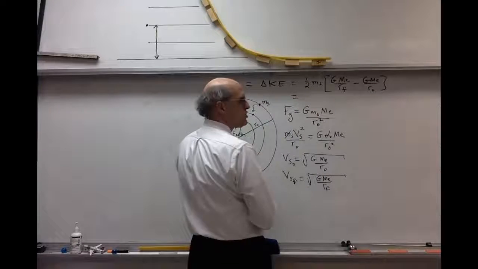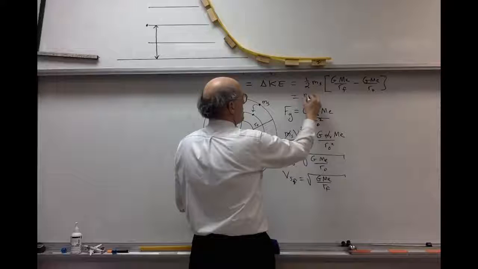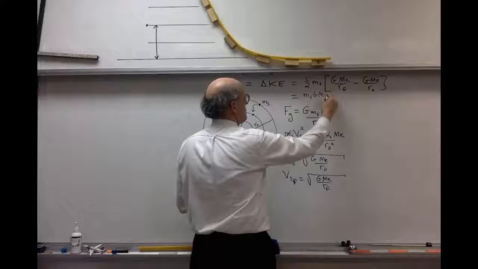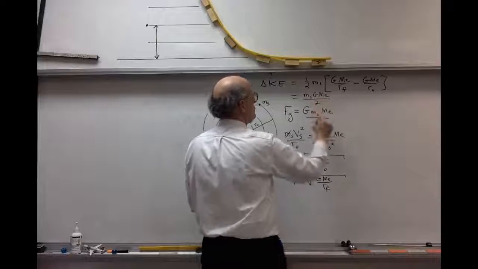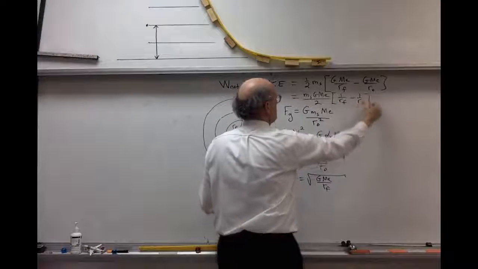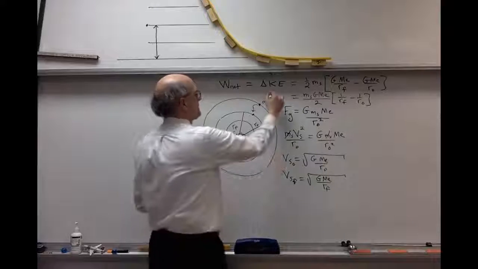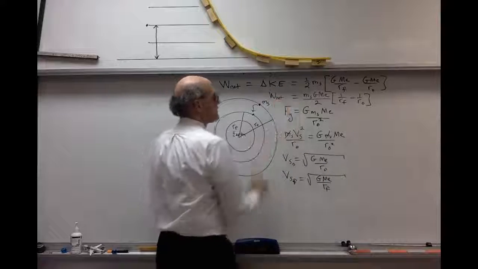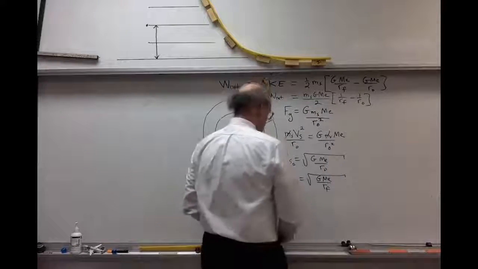Factoring out a G me, we have ms G me all over 2 times 1 over RF minus 1 over RO. So substituting in the values, that will give you